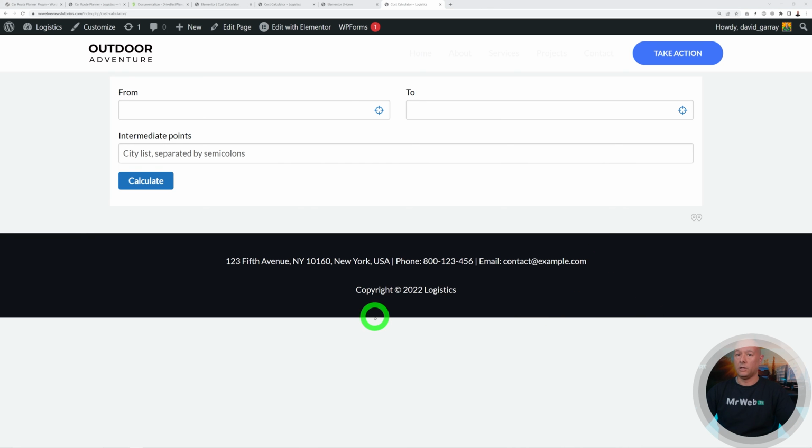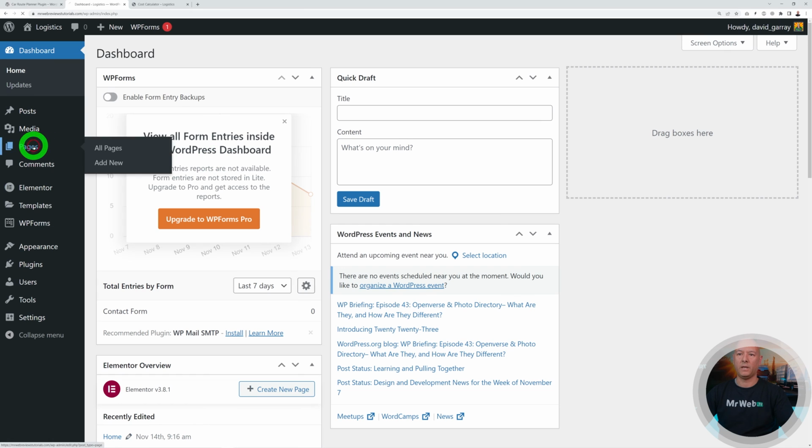Now let's create an additional page, a contact us page, which is very often required, you know, just to let people know where you're based, maybe your phone number, and maybe have an inquiry form as well. So we're going to take care of this, and then we'll change our header section and footer section as well. So we go back to WordPress dashboard now. Very good. So from here, we're going to go back to pages,